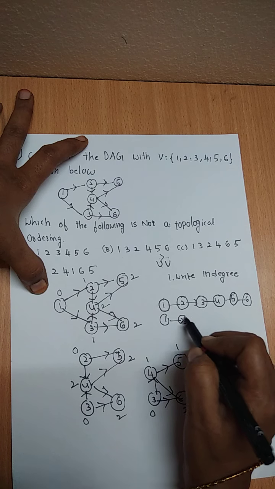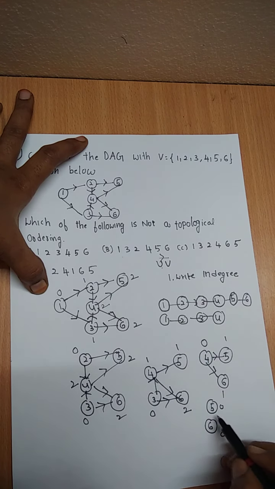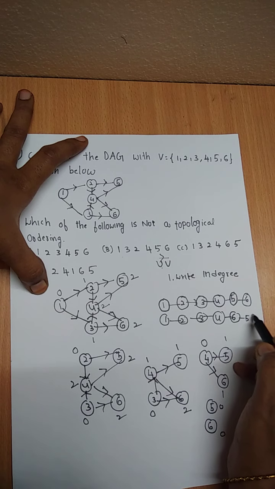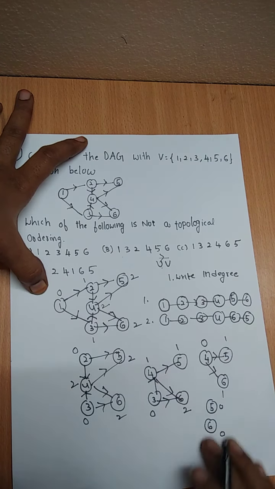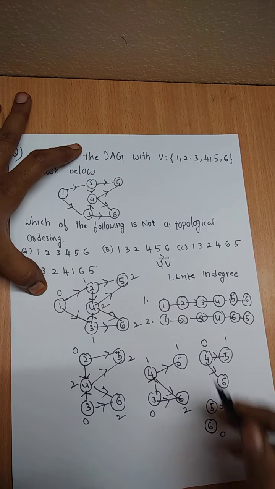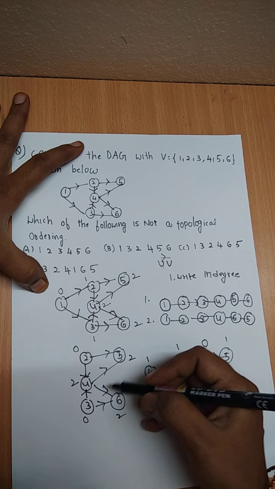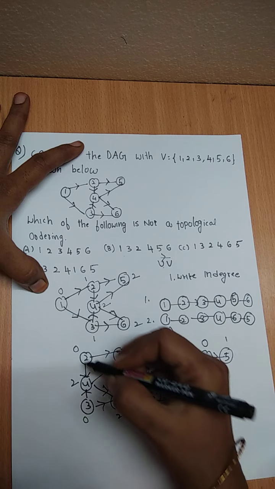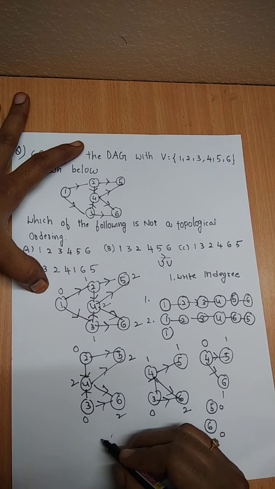Similarly, if we consider the 6 first and 5 next, the corresponding topological order is this. This is the one set of topological ordering, this is the second set of topological ordering. Now, here, if 2 and 3 have same in degrees, we have selected 2. Suppose if we selected 3 here, that means if you remove the 3 first, the remaining graph is